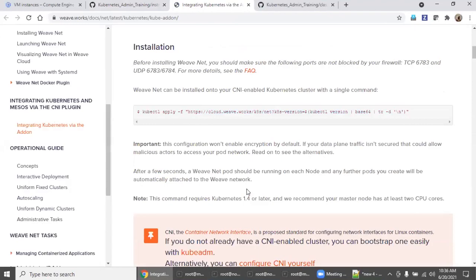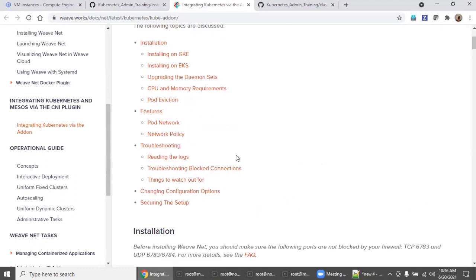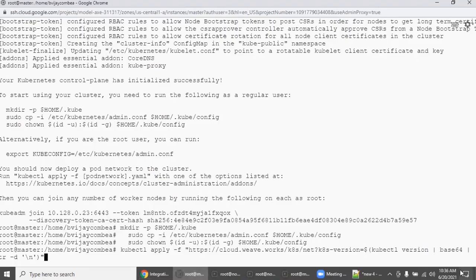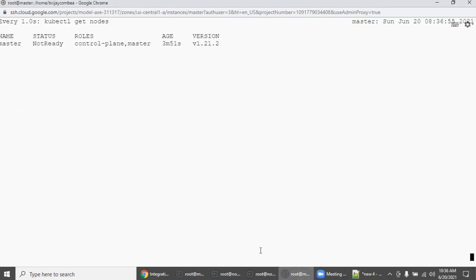Come down. See here, there is a Weave Net driver you need to apply. If you want to understand, go to this page, then you will understand. From this, the same command we are going to apply and create the necessary network drivers. So I am applying Weave Net. It got created. Let's wait for some time. Yes, status is ready.